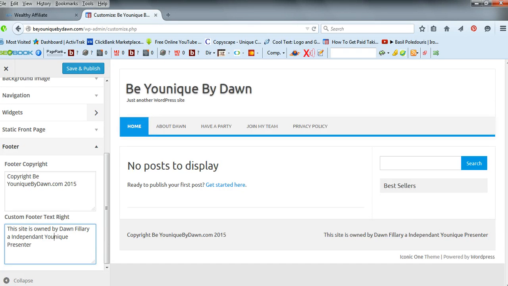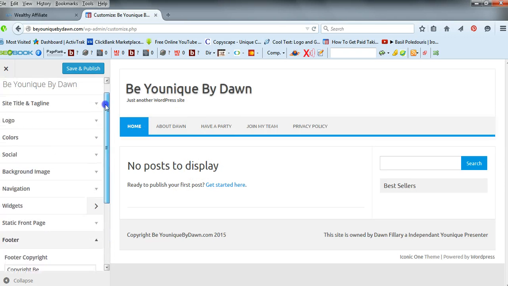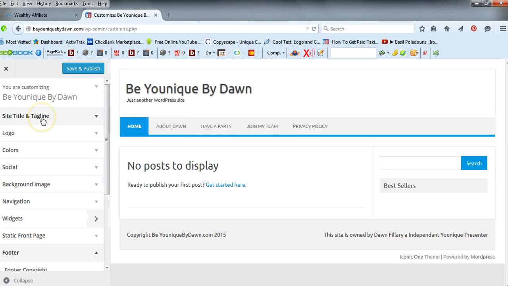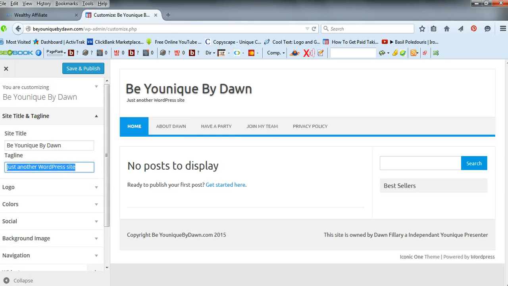I only put that in there because that's one of the requirements of the company that this site is based around. You have to disassociate yourself the main brand and basically make it very clear that you are a unique and independent entity. The last thing you want to do is get rid of just another WordPress site. So if we go up the top, we've got site title and tagline. So all we do, highlight that, gone. So if we do save and publish,